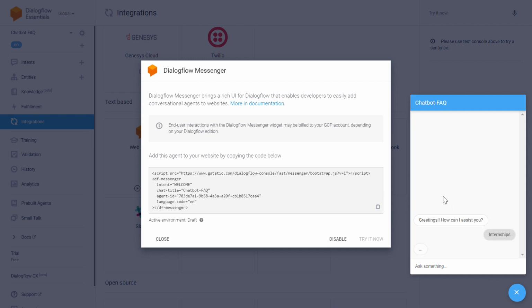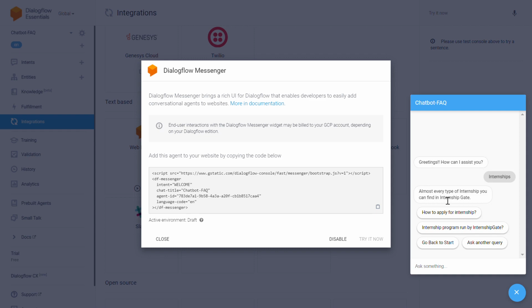For example, if a user clicks internship, he or she will be given brief information about the internships, and then there will be follow-up messages like how to apply for the internship program run by Internship Gate. Additionally, we have given two more options, which are go back to start and ask another query.